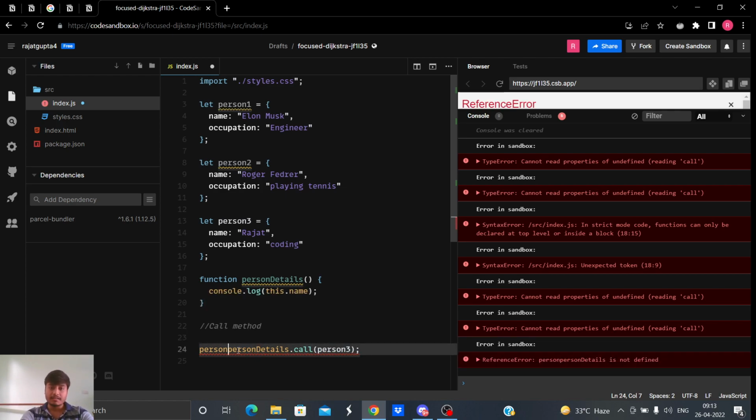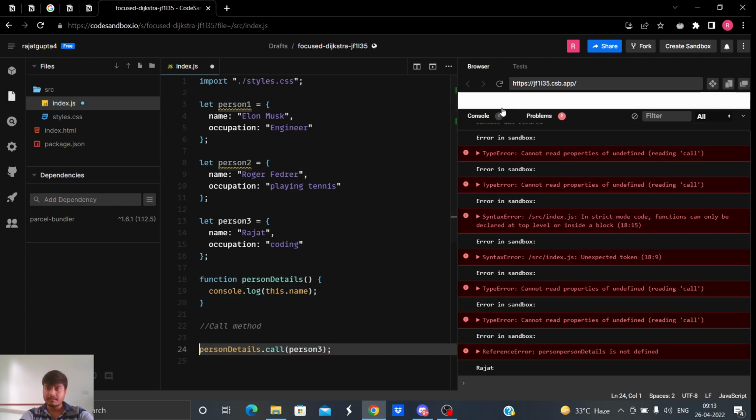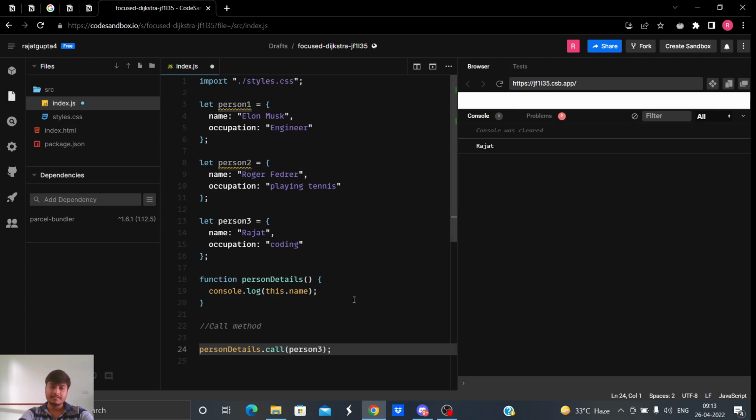So we can call, see, let me clear the console. Yeah, you can see Rajat is being printed, so we can call this person details method on any object we want. Let me say it again: we can call this person details method along with any object we want. This is a separate method.